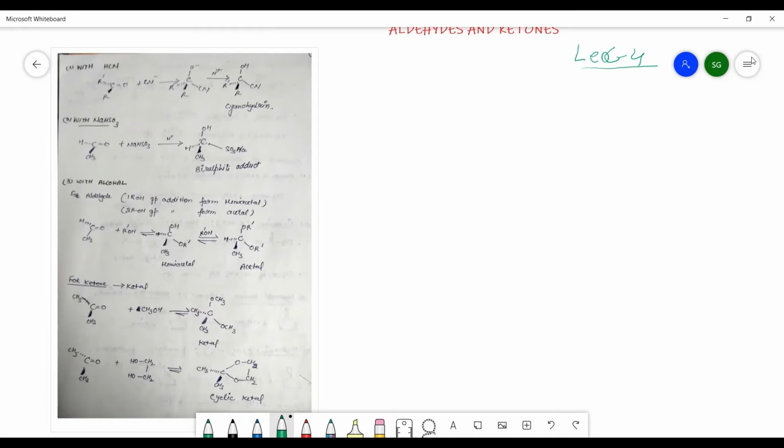As in the case of aldehydes and ketones, there is a carbonyl carbon present. Suppose you have R C double bond O H, which is an aldehyde, and if instead of H there is R dash, it will be a ketone. So when we are looking at the nucleophilic addition reaction, we have to draw this structure, and first of all